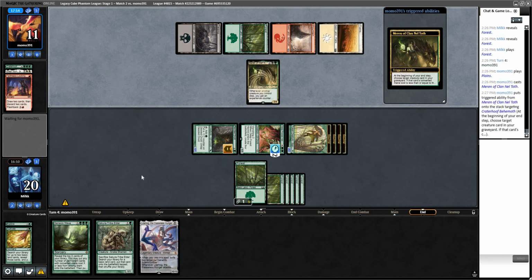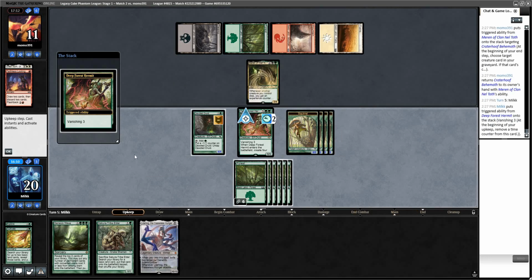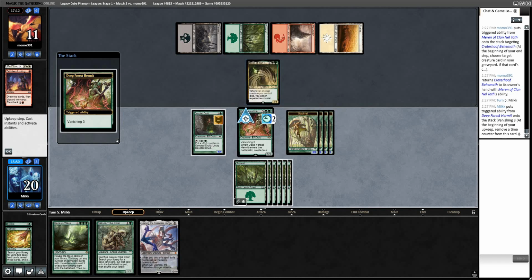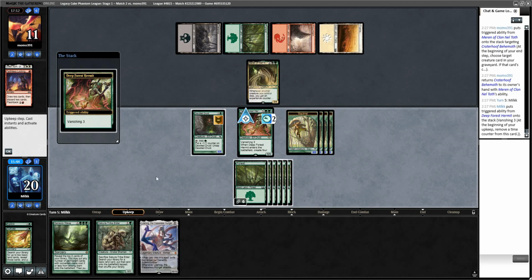Probably just going to crash in with squirrels here. Craterhoof, you put it back. Does he have to? Choose target creature in your graveyard. Oh, you have to. Oh, man. Otherwise, if you return it to the battlefield, otherwise put it into your hand. You have to use it. So he's going to get his Elish out of his graveyard next turn, unless he Faithless Lootings another creature in there, but...